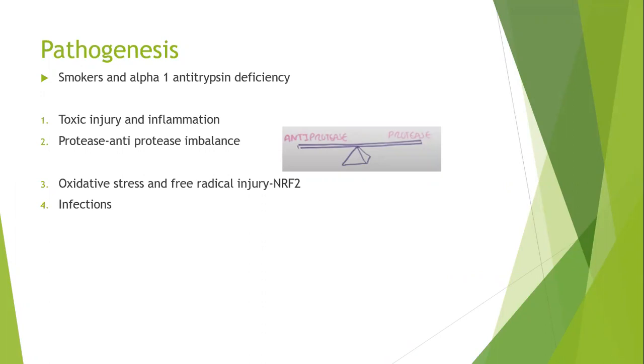This was confirmed by the NRF2 transcription factor studies done in mice. NRF2 is a transcription factor that helps in signaling. When there is a lot of oxidative stress to the cell, NRF2 gets activated, senses that stress, and helps protect the cell by producing antioxidants. In mice where NRF2 was inactive, they were more likely to develop emphysematous changes. Superadded to all these changes, the patient can also have infections, which will further exacerbate the problems.